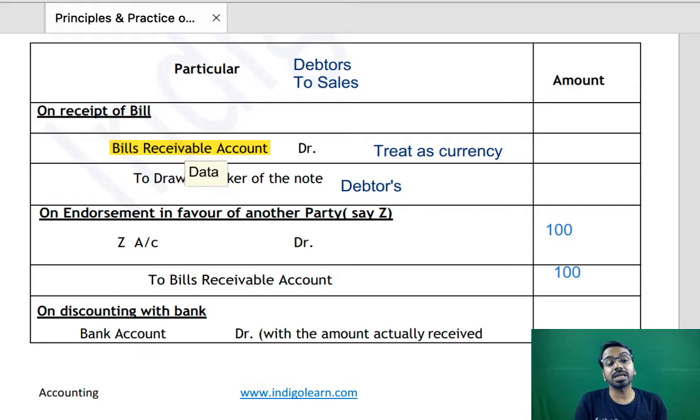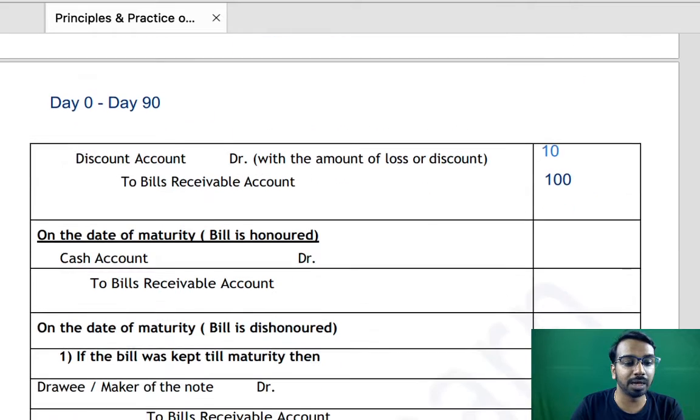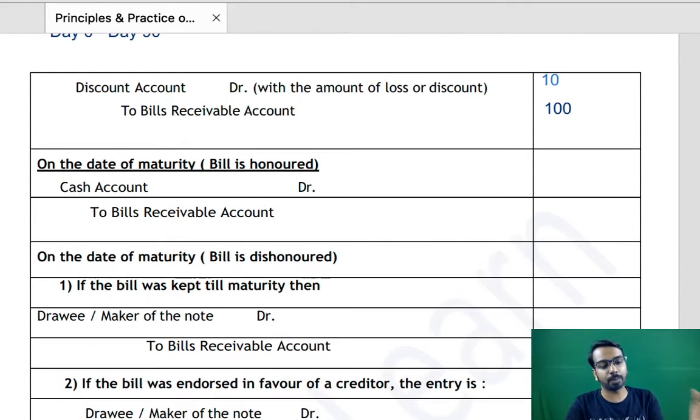But because I have to collect this amount from the debtor, and this amount is again payable back to my creditor, I will credit the creditor which I had originally debited, and I will debit this particular debtor. So if an endorsed bill, the bill which has been given to a third party, if I have given it to my creditor, if that is dishonored, then I will debit my original debtor